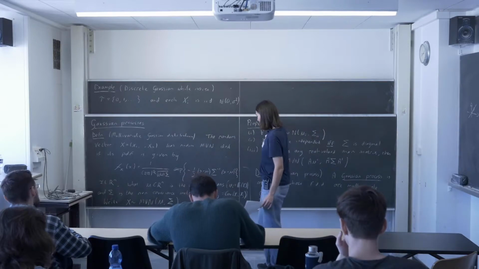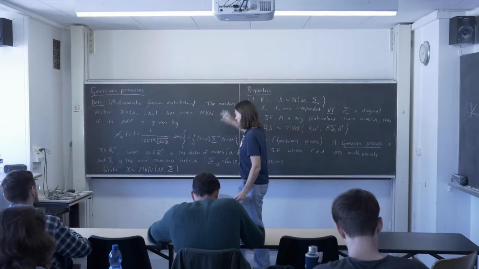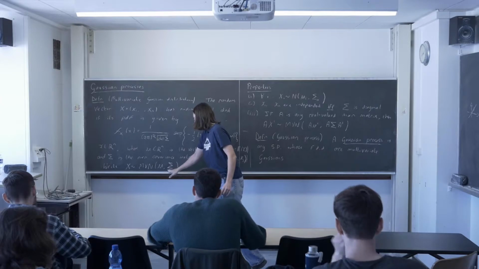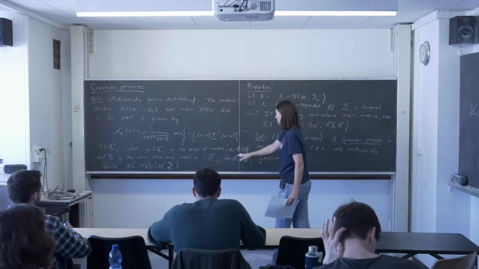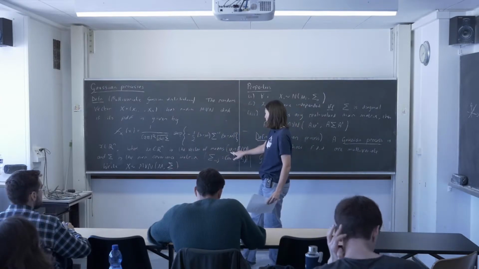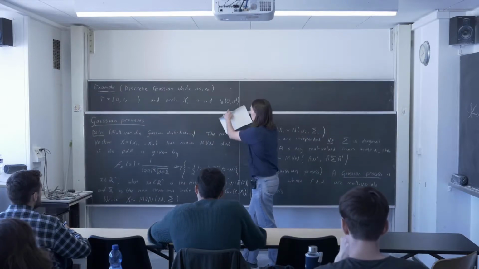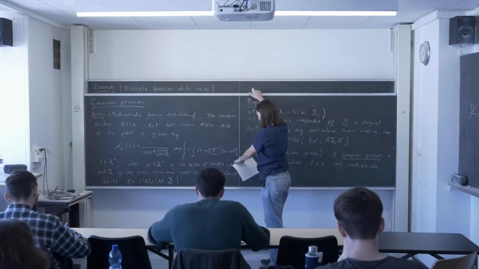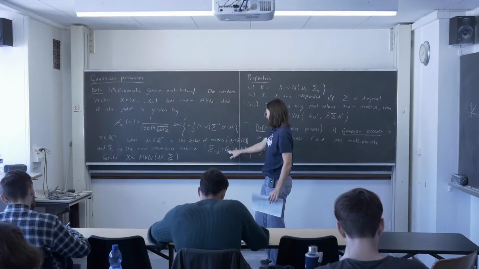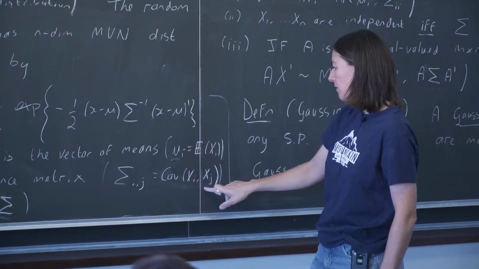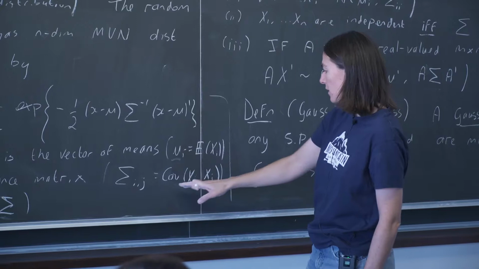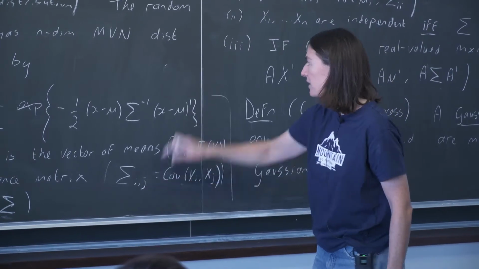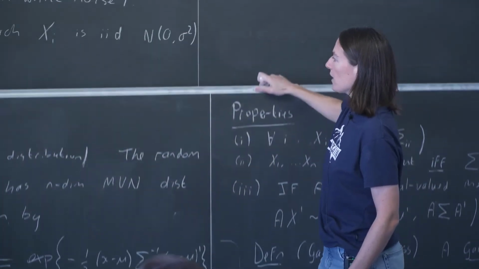Well, I need the vector of means, and I need the variance covariance matrix corresponding to that. Well, that means I need mu j for each j, but I'm told each of these is 0 mean, so that one's fine. So this is equal to 0 for all j, and I need the covariance vectors, but I'm told that they're independent, so this is 0 unless i is equal to j, in which case we get sigma